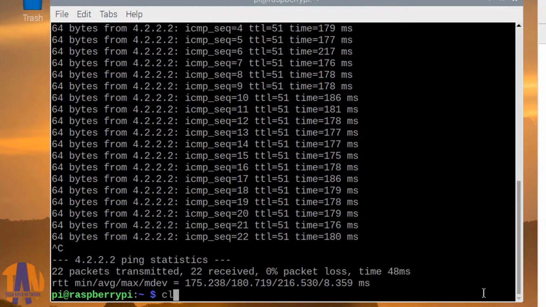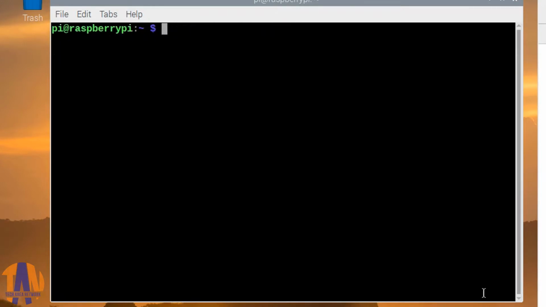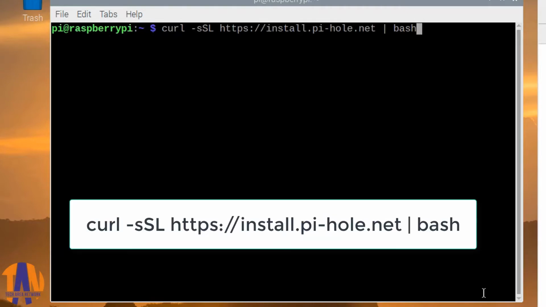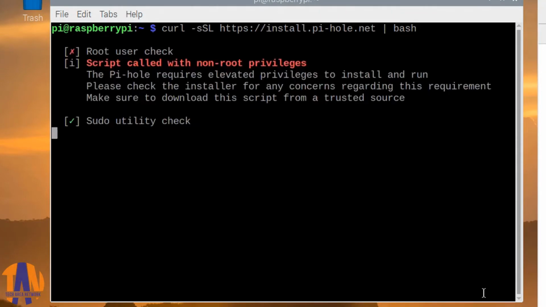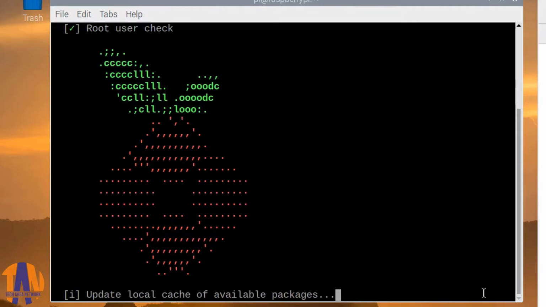Now let's start the main part of the session. As I told about Pi-hole ad blocker tool earlier in this video, now it's the time to install Pi-hole in this Raspberry Pi device. So use this command to make an automated installation of Pi-hole. Don't worry, I will put the command in the description box below. So the command has been initiated successfully, and this might take a few minutes to be completed.